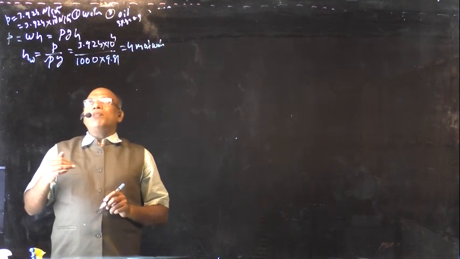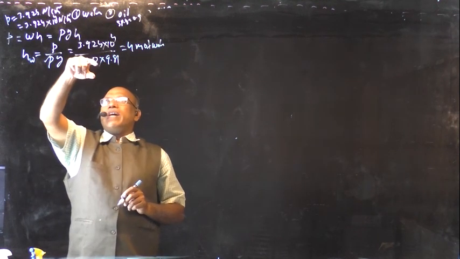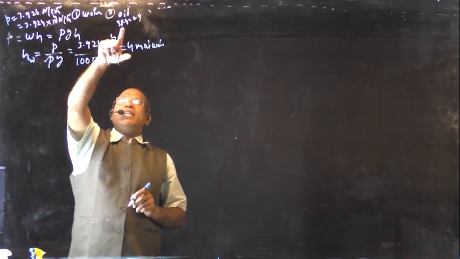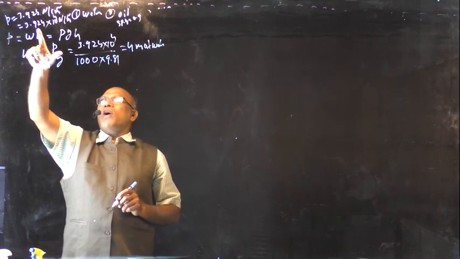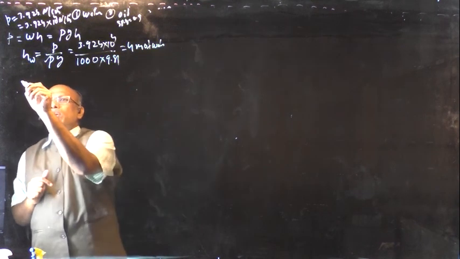And another problem, they asked that question number 1, what is the water column required because of this pressure? What is the oil column required? That specific gravity of oil is 0.9 because of the pressure is equal to 3.924 into 10 power 4 Newton per meter square. Therefore oil column